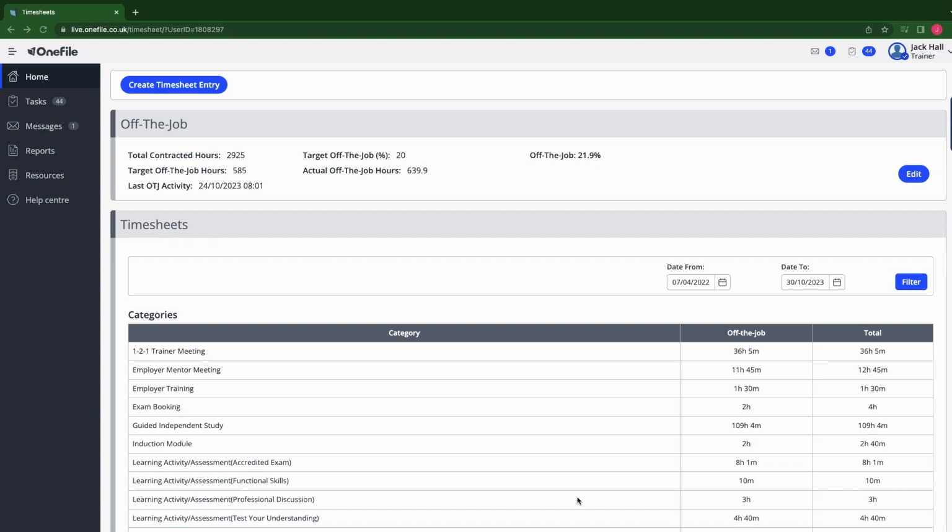At the top of the page, you can see some key numbers. It shows you your total contracted hours. So this is for learners who are doing an apprenticeship. If you're doing an apprenticeship, you've got to do your 6 hours of off-the-job training per week. And with Onefile, this is calculated for you. The calculation looks at your total contracted hours, calculates how long you're in program, and then calculates how many off-the-job hours you should be doing for your particular qualification and